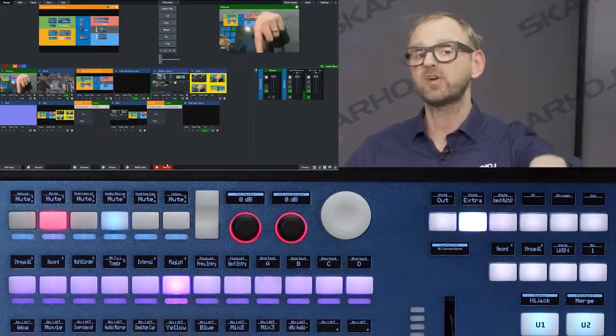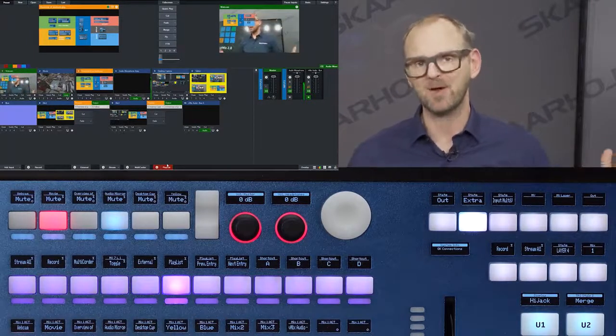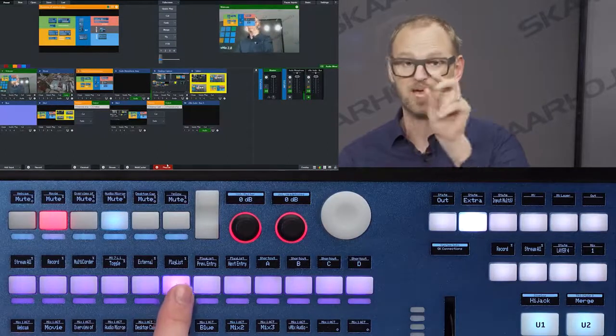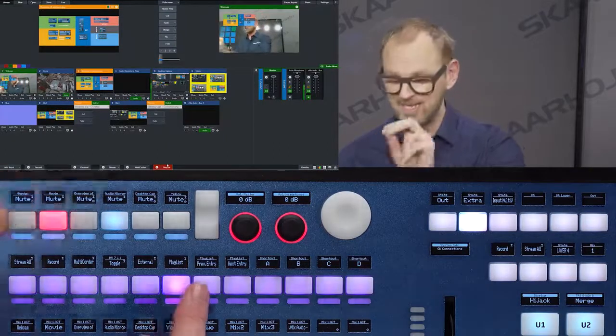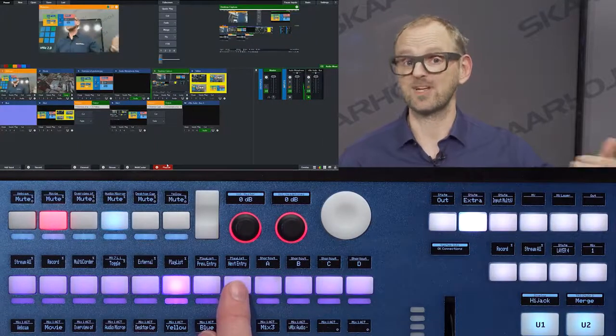So you see it becomes red. And if it had automatic playback enabled, it would now start playing back automatically. But just next to this button, we have previous and next entries. So you see I press the next entry, and it actually goes to the next entry in my playlist, if